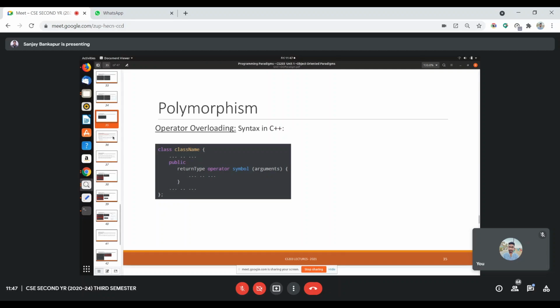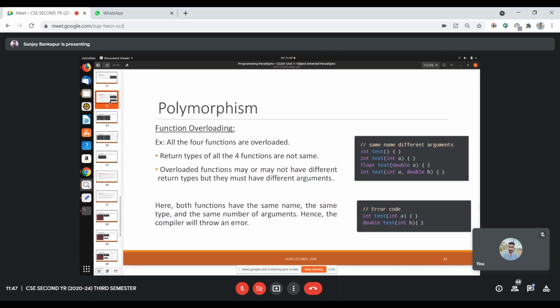Now we saw limitations of function overloading, like it cannot be done with the same name and same signature. What is a signature? Having the same number of parameters and the same data types is called the function signature.